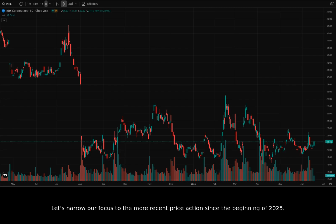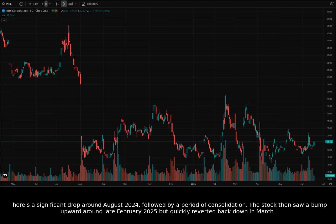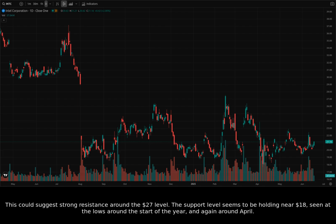Let's narrow our focus to the more recent price action since the beginning of 2025. Looking at the daily chart, we see a downtrend since January 2025. There's a significant drop around August 2024, followed by a period of consolidation. The stock then saw a bump upward around late February 2025, but quickly reverted back down in March. This could suggest strong resistance around the $27 level. The support level seems to be holding near $18, seen at the lows around the start of the year and